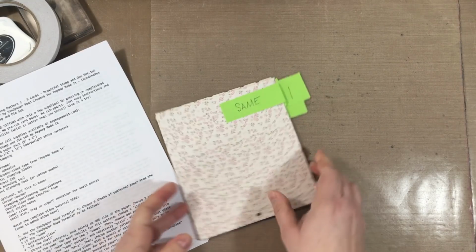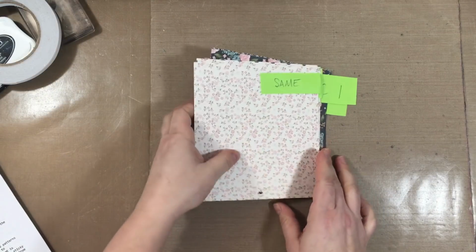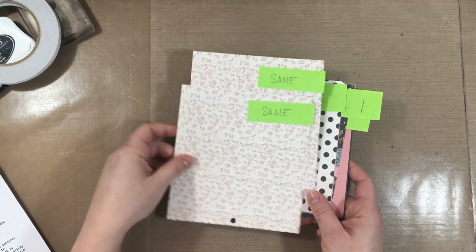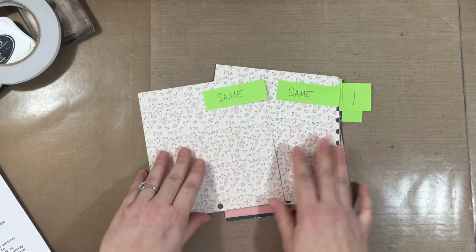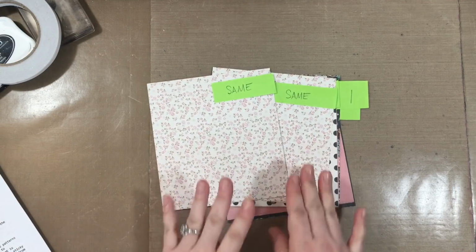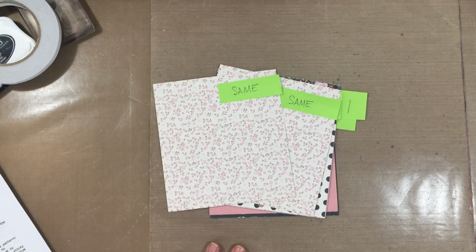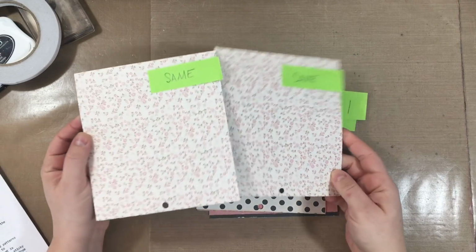Okay. And just for your sake, if you've never used the Sandpaper Road formula before to choose pattern paper, I made it a little bit easy so that you use Post-its, and I also do that when I'm using double-sided paper as well. It just kind of helps me keep my life straight. And I'm going to have my pencil nearby. I'm sure I'm going to need that. So 2 of the same, okay,